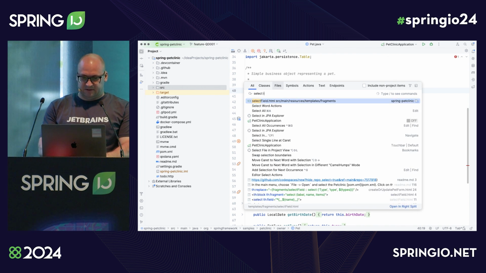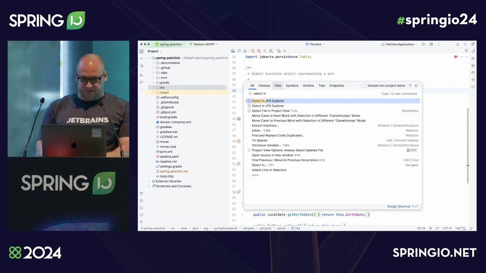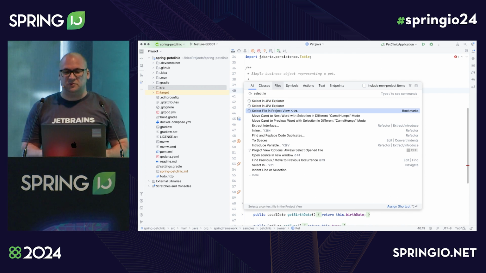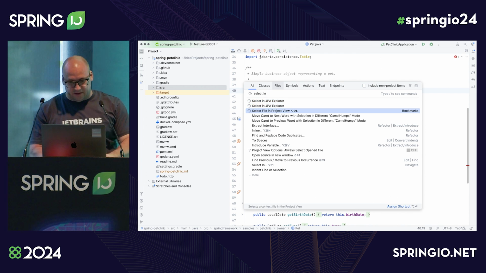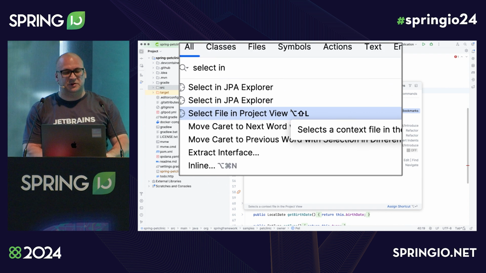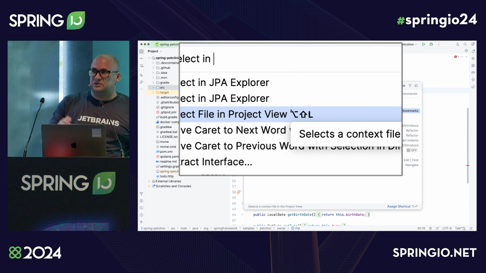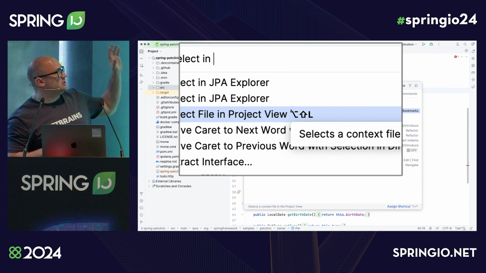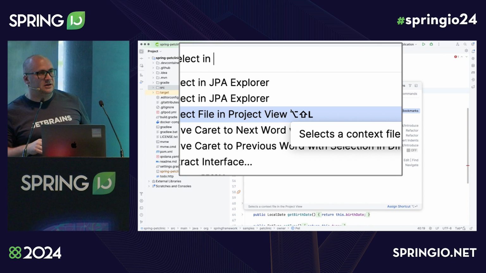actually select in, select file in project view. Currently I do have a shortcut assigned, but by default it's not there. So if you find any action in the search everywhere dialog,